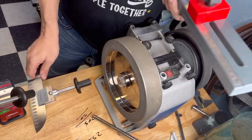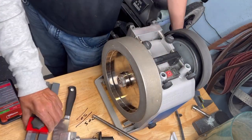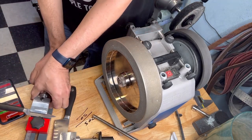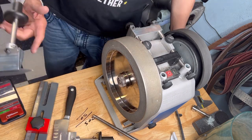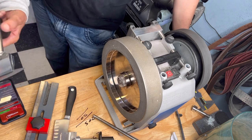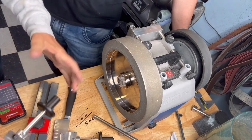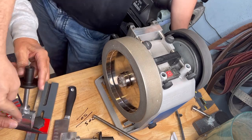Yes, but you make a mistake here. What? I see it at once. I actually measured it a little bit higher. No. Why? You make one mistake. Why is this in there? You have to put this closer so the length will be less. This knife is not...